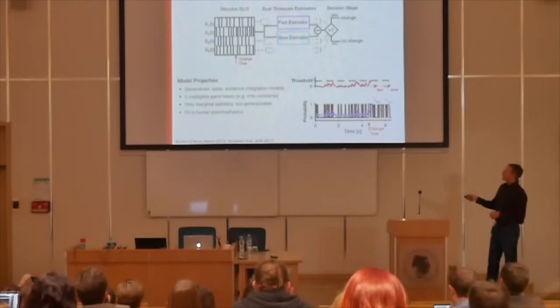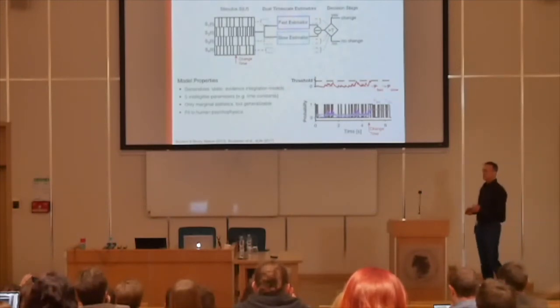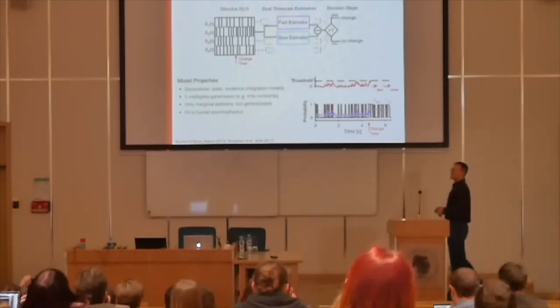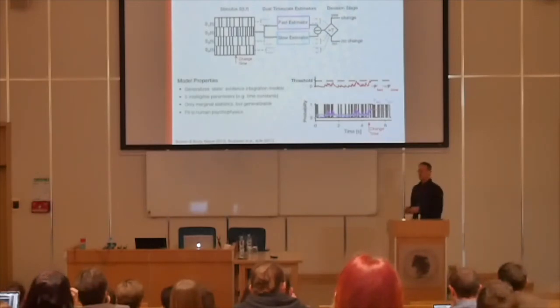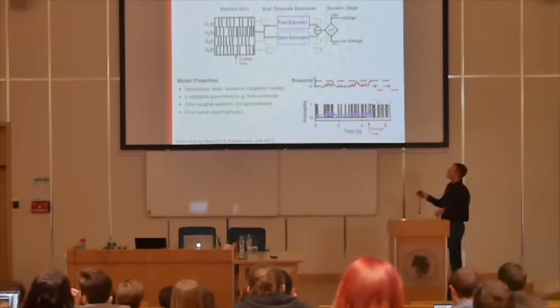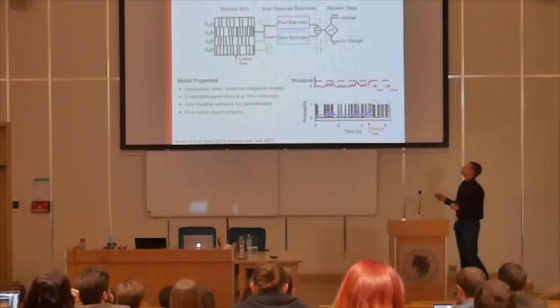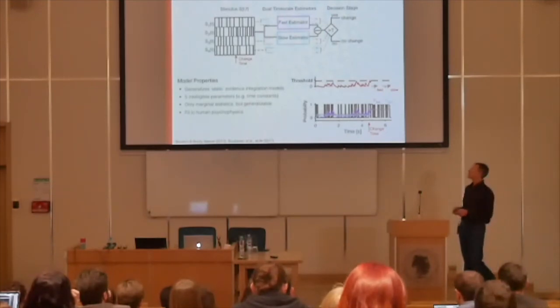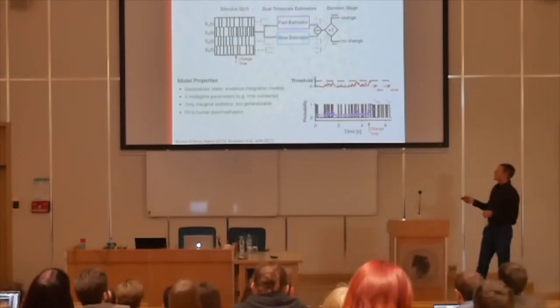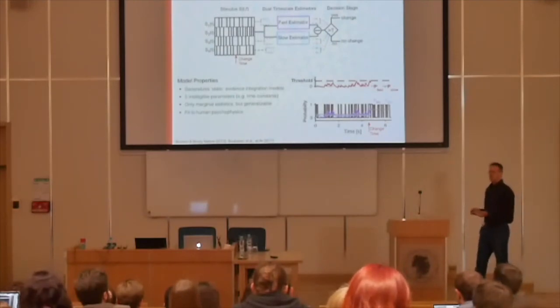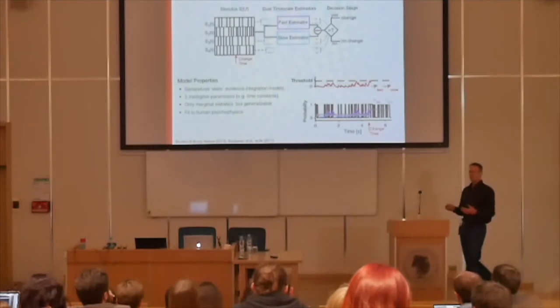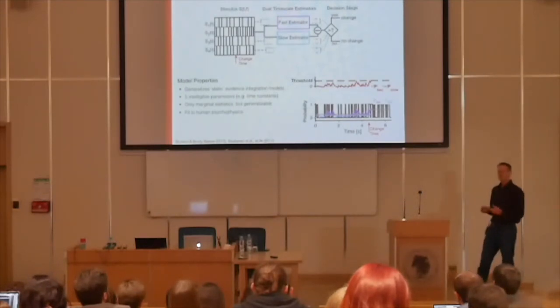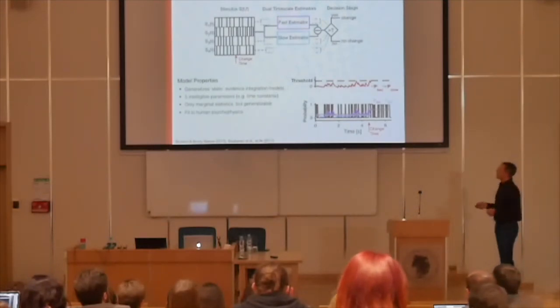So what we've done here is essentially generalize previous static evidence integration models. If you know any of the choice probability literature, this is the same type of model that is used there, although they only use one estimator and not the difference between two estimators. What we like is that it has just 5 quite intelligible parameters that are not randomly fit parameters, but parameters that really characterize the dynamics of this process.